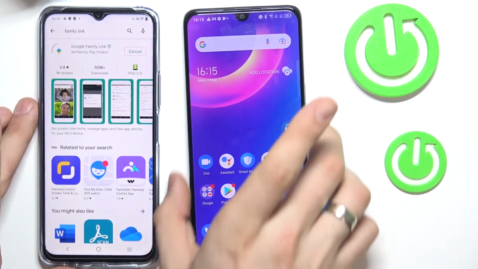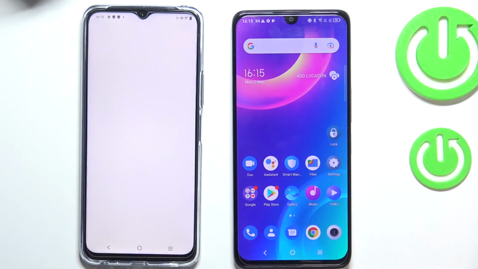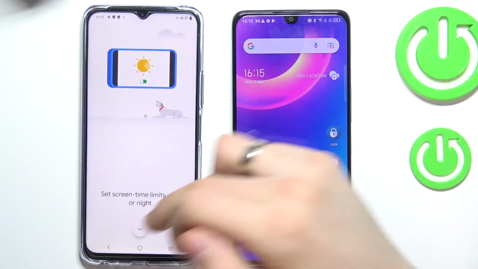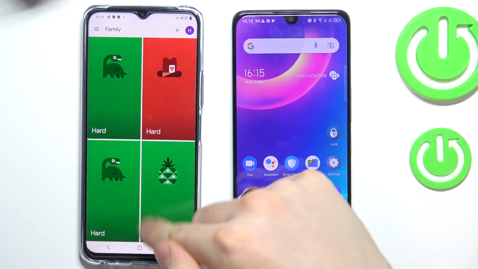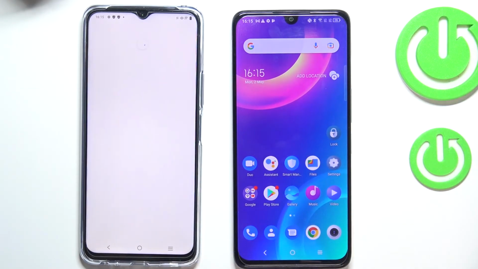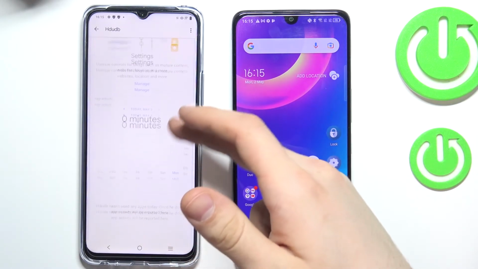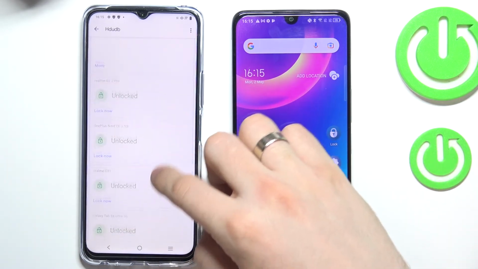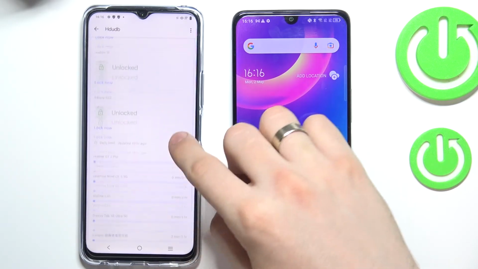Install Family Link on your device, open it, scroll down, click Get Started, and here you will see your child's Google account. So click on it, and cool, now we have full control of the child's device or the child's TCL 30, and we can block